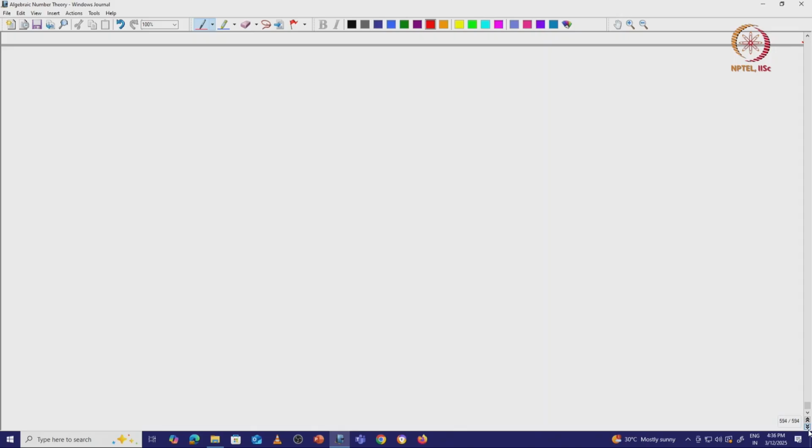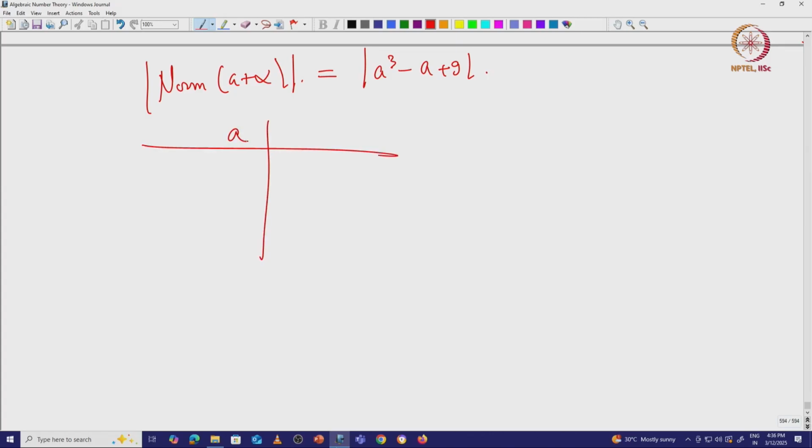So, I will make another table. If I take the norm of a plus alpha, then this turns out to be a cubed minus a plus 9. Okay. So, this is just some computation that you do, and so I am going to make another table where I am going to put a here and a cube minus a plus 9 here, and so if I put